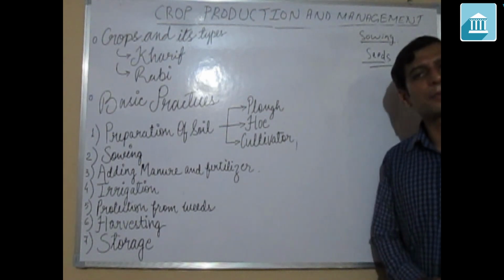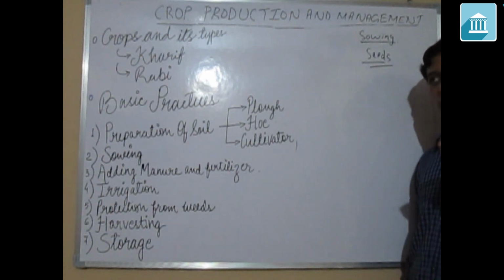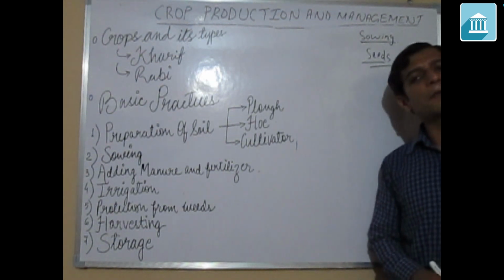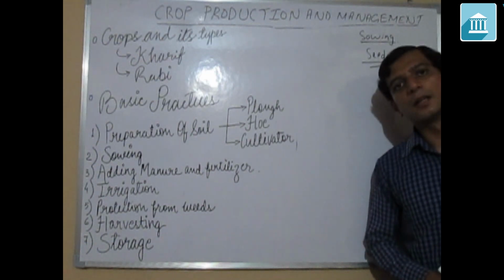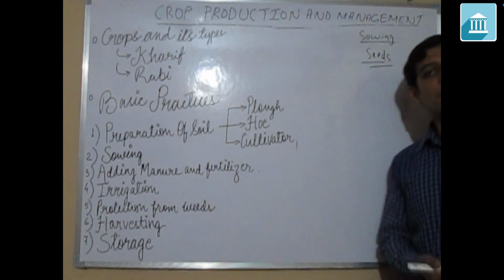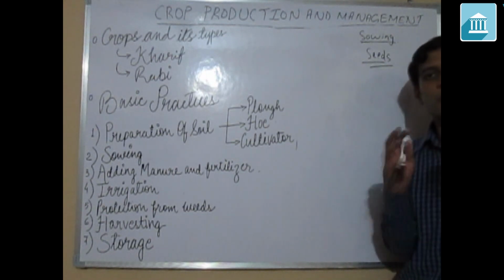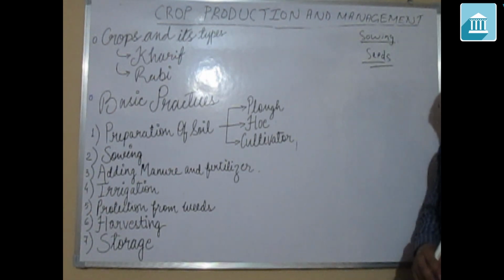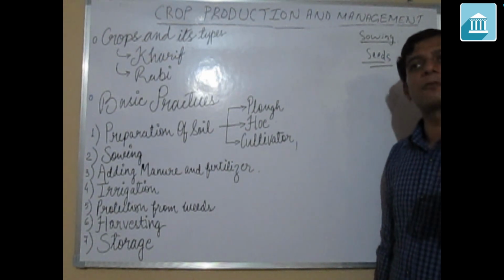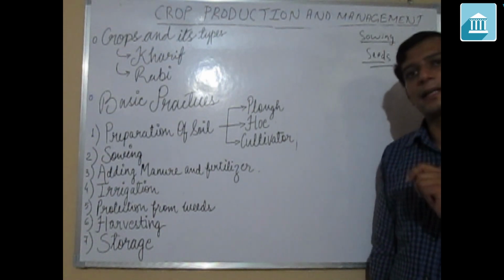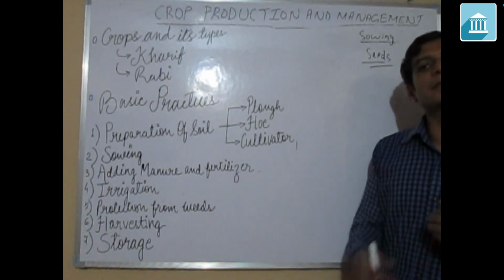Let me tell you one example. What farmers are doing for checking the quality of the seed is they pour some of the seeds in water. Then what happens? The good quality seeds are quite heavier, so they get settled at the bottom, but the bad quality ones, which are hollow from inside or have any holes, start floating on the surface.